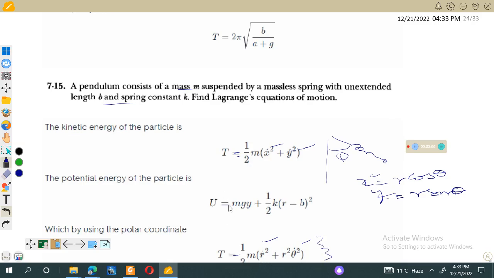Potential energy is equal to mgy plus the elastic potential energy of the spring, which is k over 2 times x squared. Here x is the elongation, r minus b. r is the extended length and b is the original length, so the difference, the change in length, is r minus b, whole squared. So when we put this potential energy and kinetic energy into our Lagrange equations,